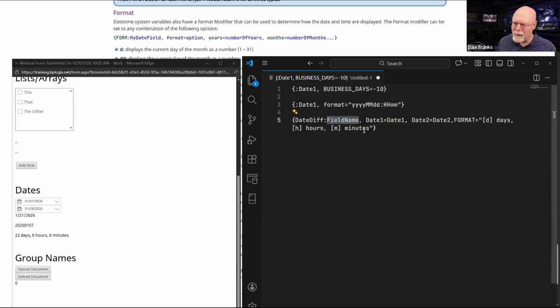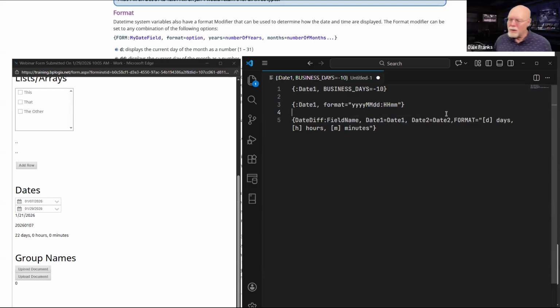I called it field name, although I think I changed it here on the form. So it does need a control name, just like any other control. That's a required value for any control tag. And then I just specify, okay, I got two dates. Date one, which again, that should be a system variable.